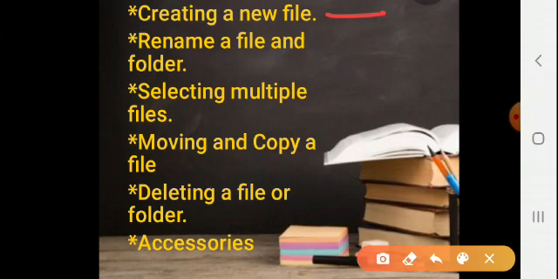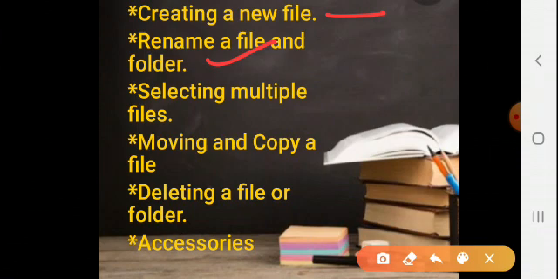Okay, then rename, very simple it is to rename a file. Then what do we have to do for renaming? Rename means changing the name of an existing file or folder. Means the name that is already given to the folder, that we have to change. It is known as renaming. And what do we have to do for that? Simply select the file which we require to rename. Then right click the mouse button and simply select the Rename option. Then type the new name and our folder will be renamed. Okay, now this is also over.